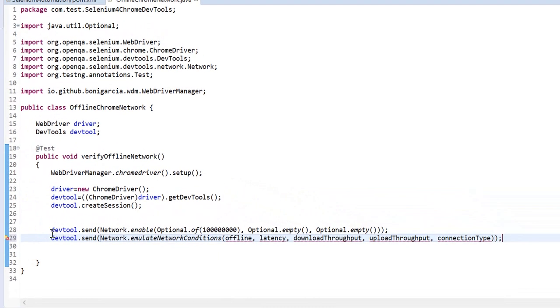So now what I'll do, I'm going to create one reusable method, because I'm going to create two test cases.